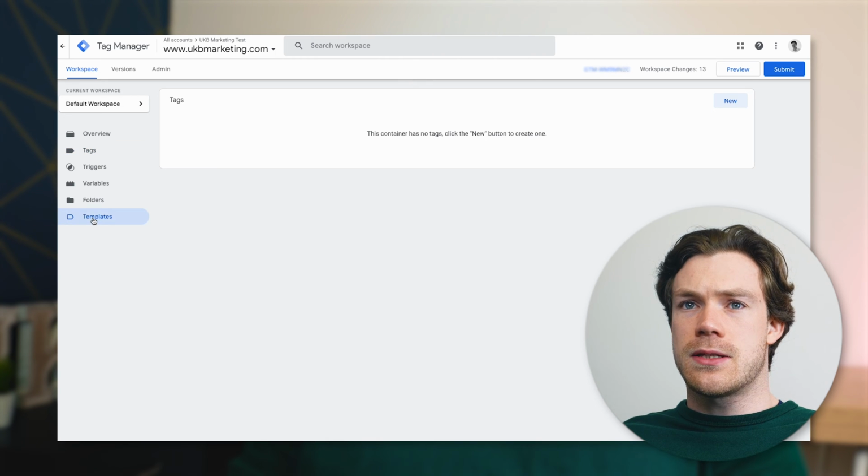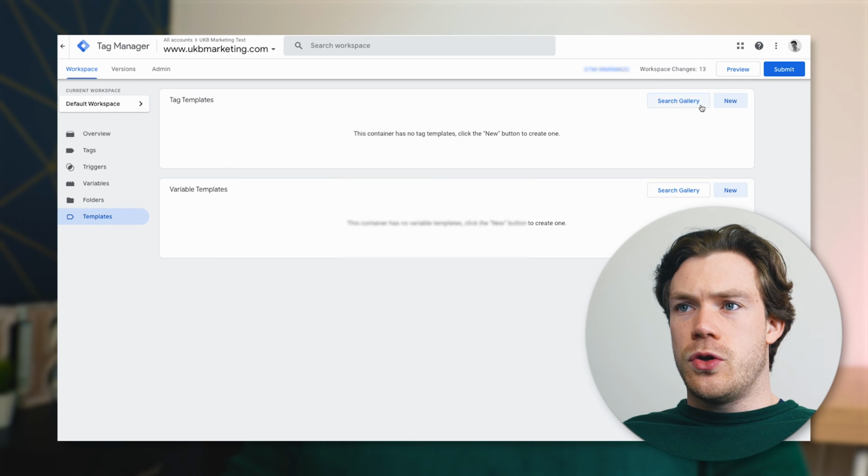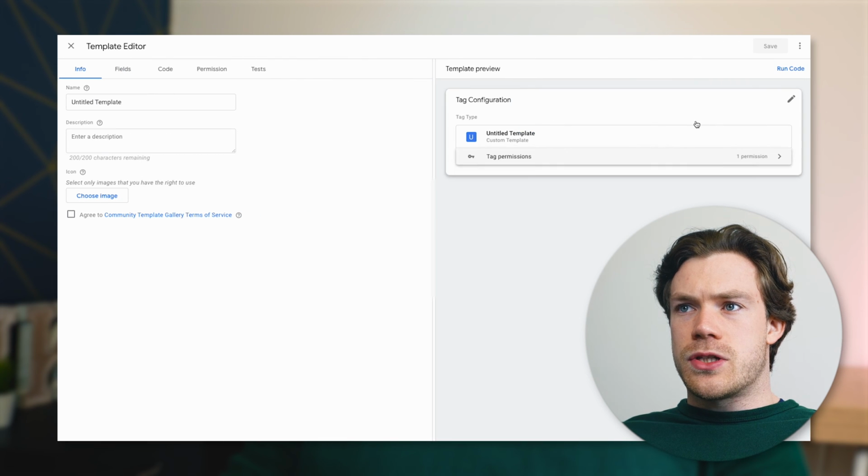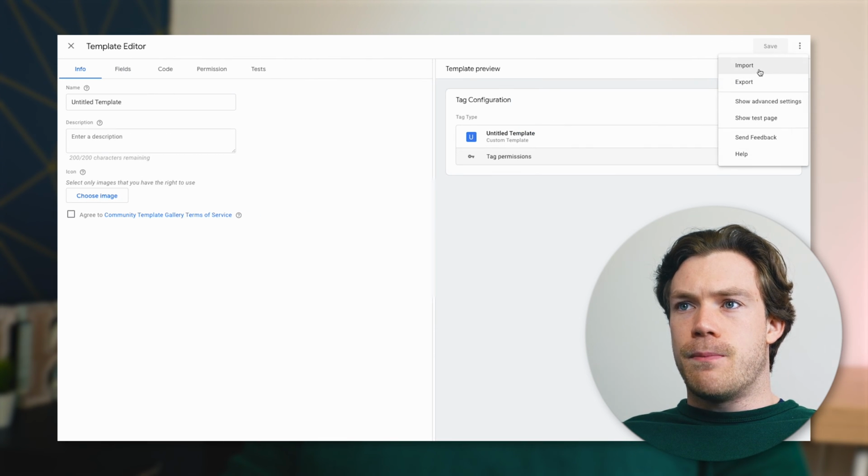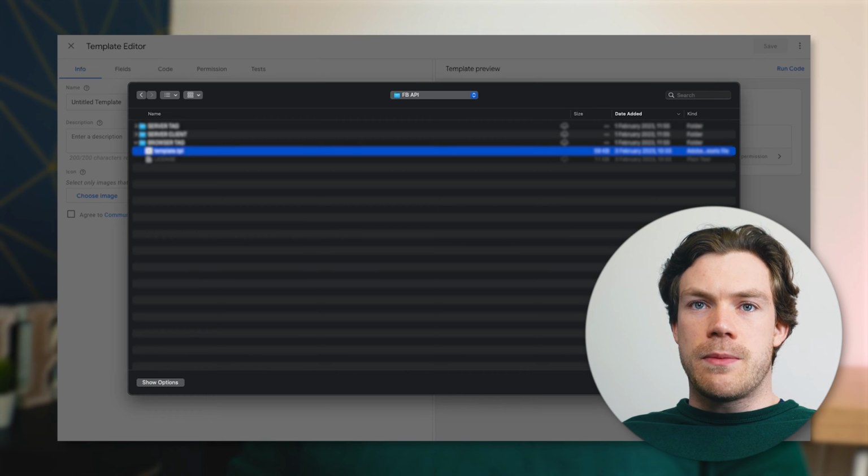So go down to templates, and we're going to click new, and we're going to click these three dots here, and we're going to click import. And I'm going to give you a link in the description to download these specific templates. So these are going to be the Ads More template. So I'm going to put a link in the description where you can download these, but we're going to just